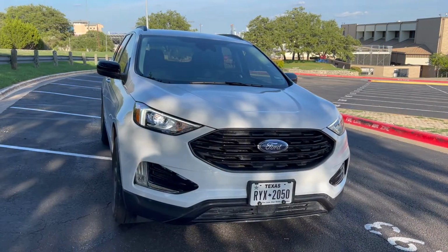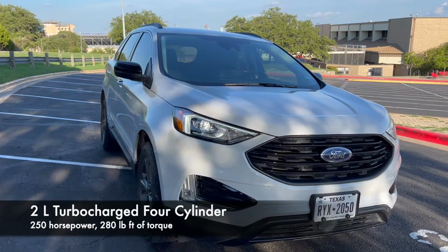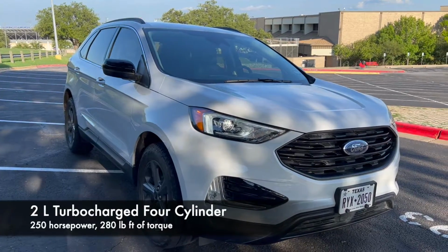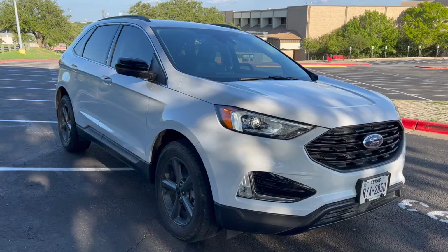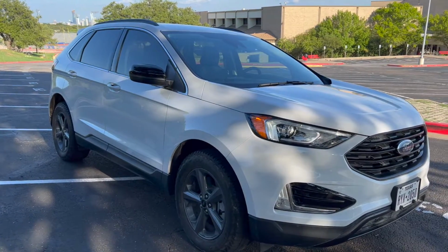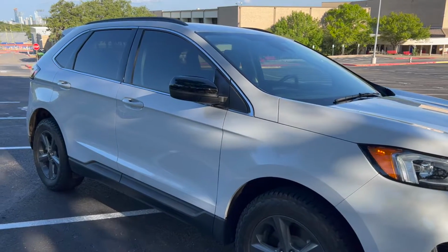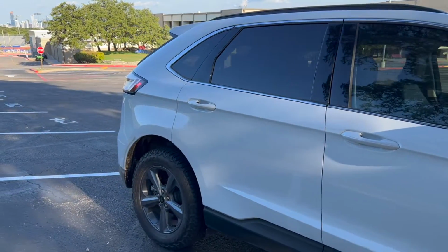This car comes standard with a turbocharged 2-liter 4-cylinder engine, makes 250 horsepower and 280 pound-feet of torque, gives you 0 to 60 times in about 6.8 seconds. Not bad, definitely feels a little quick on its feet, but pretty standard in the midsize SUV class. I think that's something you'll notice about this car is that overall it's just fairly standard. All the numbers are pretty much standard in the class,